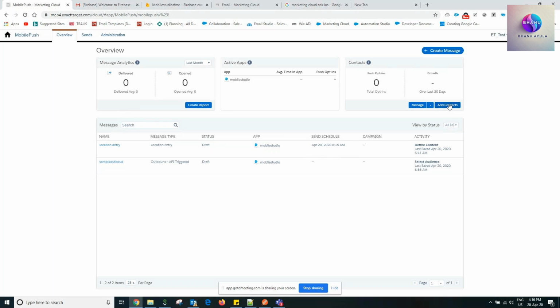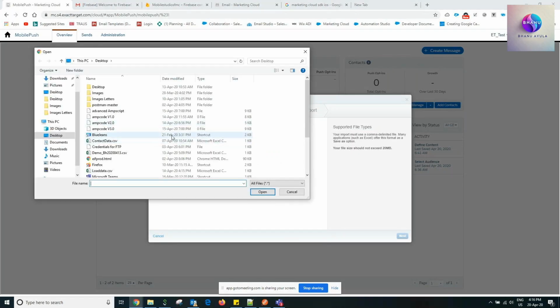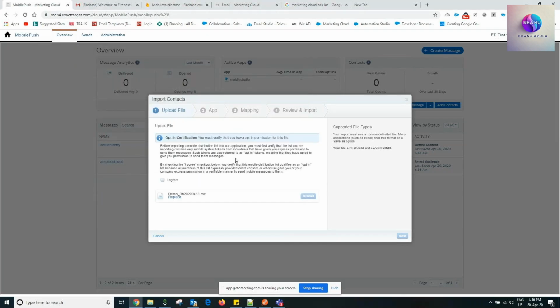So what we can do is, if you want to add the contacts, that means we have to bring the contacts inside the mobile studio so that we can start our campaigning. Or we also have this manage contacts. For example, if you add the contacts, here it would ask you what the file is. Maybe you can take some file, maybe like this. You just took a file here, and most importantly, this file should not be more than 20 MB. In Marketing Cloud, if it is more than 20 MB, it is fine, we can put some FTP, but here definitely it should be less than 20 MB only. And more importantly,